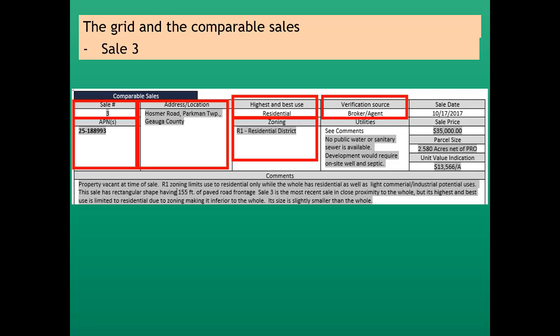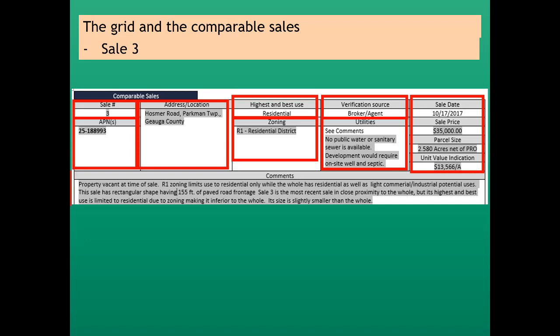Verification source was with a broker agent. Utilities, no public water or sanitary sewers available. Development would require an on-site well and septic system. Sale date was October 17, 2017. Sale price, $35,000. Parcel size was 2.580 acres net of PRO, which gives us a value indication of